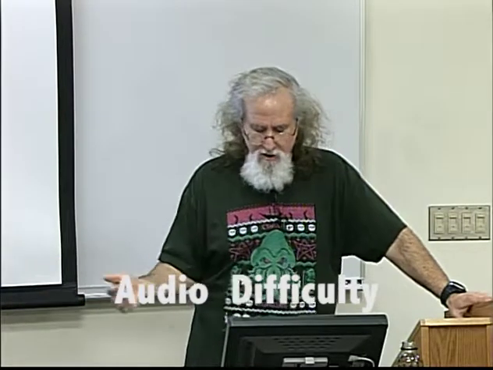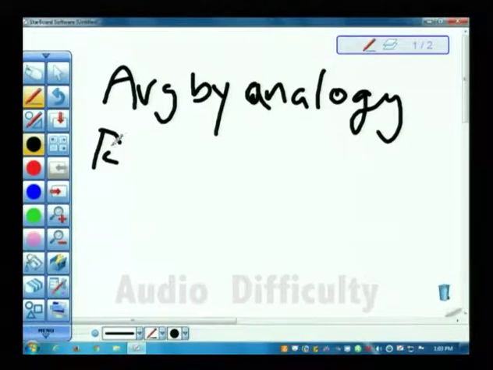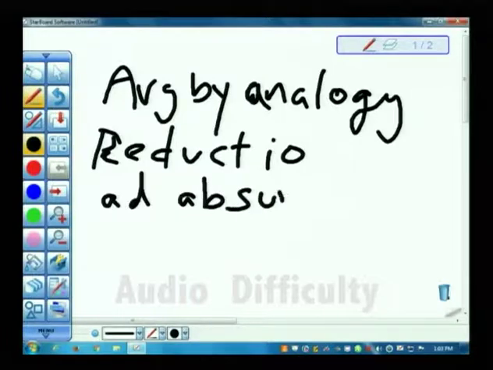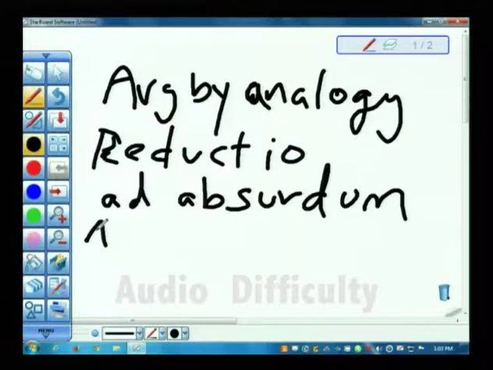And this goes on a similar argument. Closely related to argument by analogy is this sort of argument called the reductio ad absurdum, sometimes just called the reductio argument. In the reductio argument, you show that, and often this is an argument by analogy, so you say,